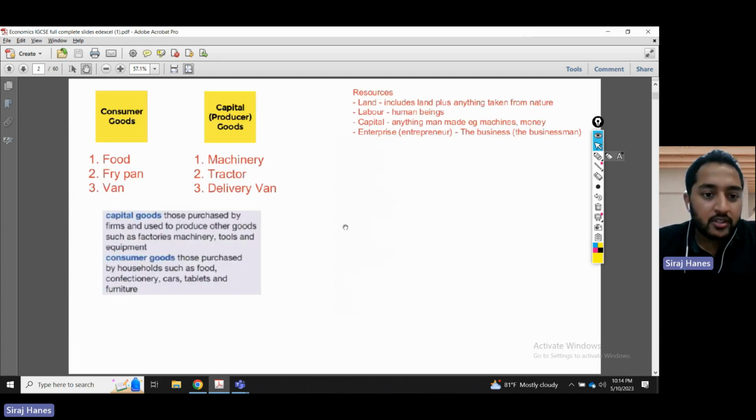Moving on, we can divide our output into two items here, which are consumer goods and capital goods. Now follow along because we're going to use this concept later on as well. Broadly categorizing, if you take everything this world has made, they're either made for consumers or made for producers. So you have consumer goods and producer goods. Sometimes we call these capital goods. Food, a frying pan, a van. Capital goods can be like machinery, a tractor, a delivery van. So anything made for producers is a producer good and anything for consumers is a consumer good. So a little definition given there.